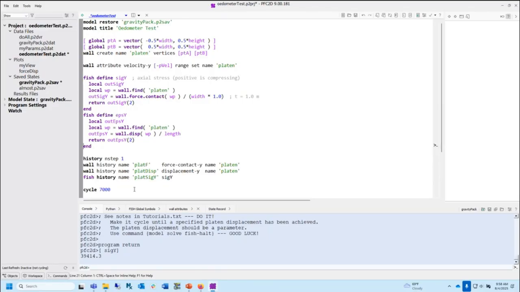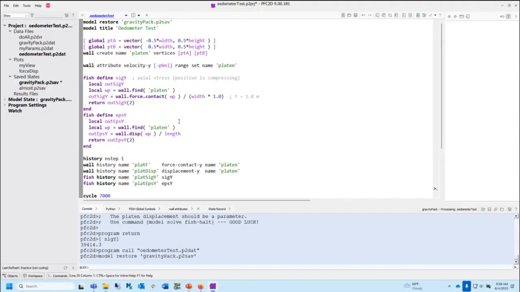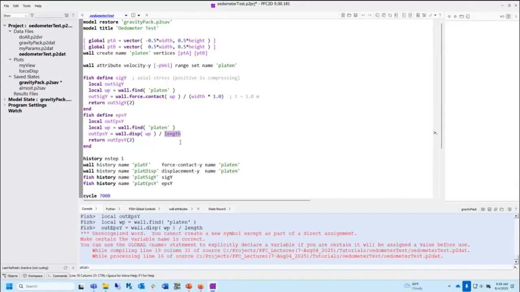Okay. And so then we hook it into the history mechanism. And let's call this Platen Fy. And that is the FISH function called Fy. So let's see if this is on. Okay,